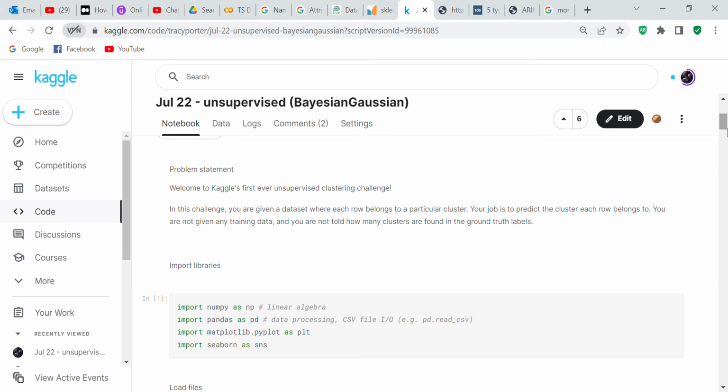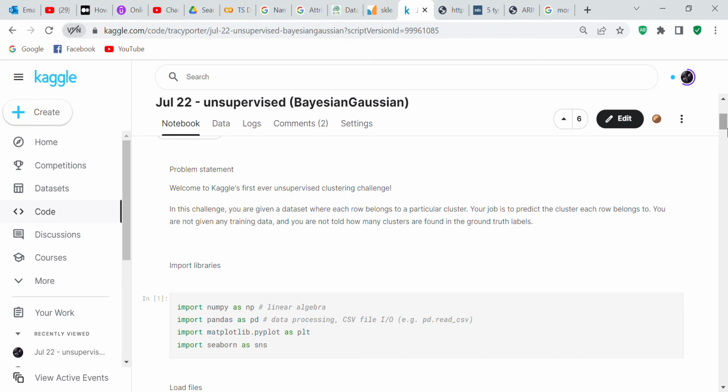And because they made the data set so large that it crashed the system, I had to borrow somebody else's code, which I'm not happy with. So nevertheless, I'll go ahead and do the code review. I'm not going to do a blog post or a video on my bronze medal because I'm not really happy with this. They should have made it small enough where we could have used hierarchical or DBSCAN.